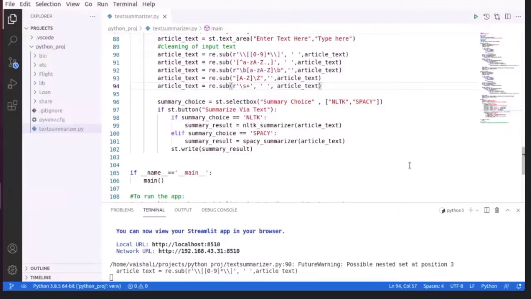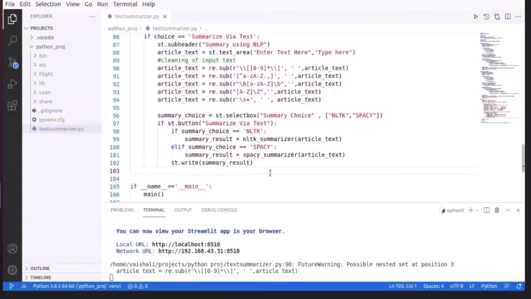Yes. In the select box, different NLP tools like NLTK and Spacy in this case will be shown, and the user's choice will be stored in summary choice. When the user clicks the summarize via text button, the summary choice that the user selected will be matched using if else.